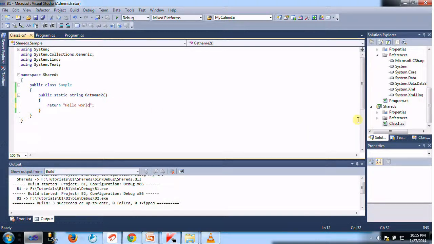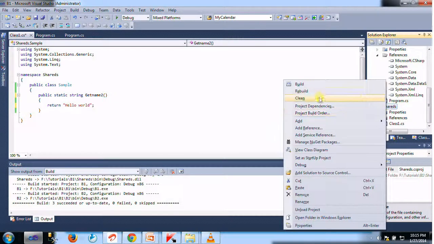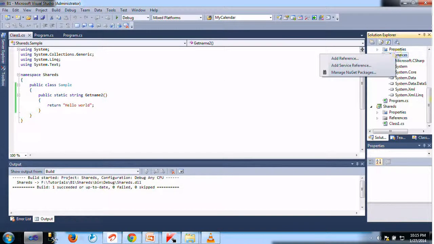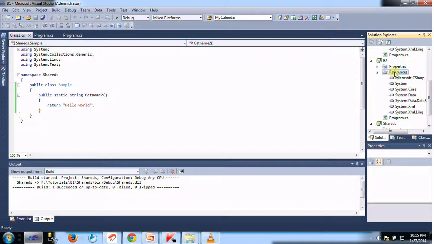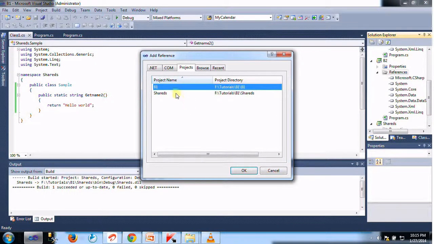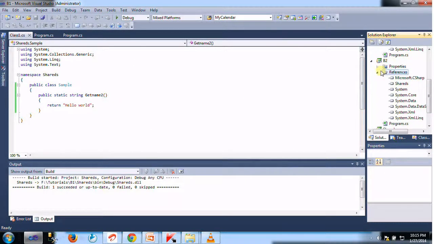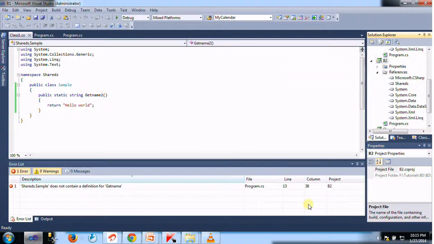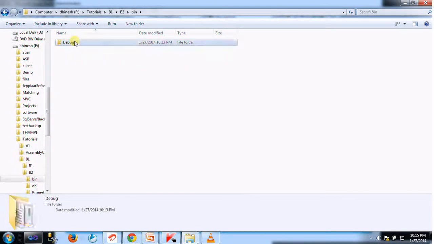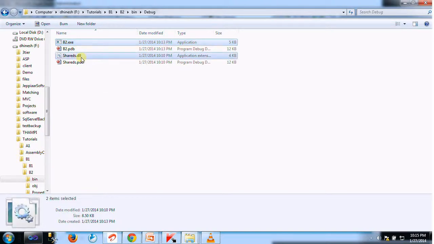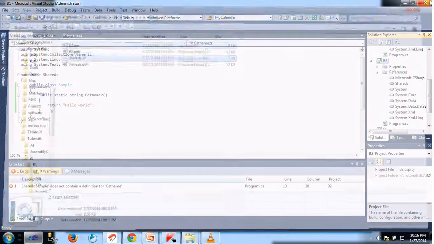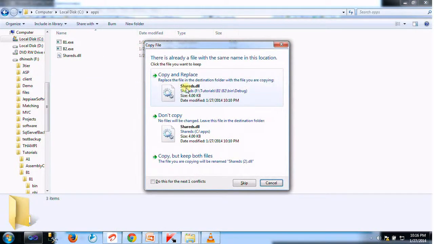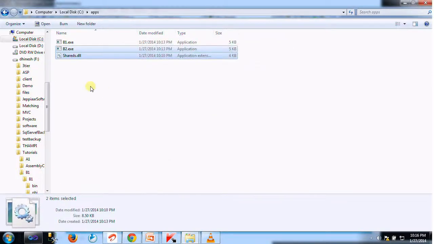I change this assembly and build it. Then in P2, add the reference to the shared assemblies and build. Open folder in Windows Explorer, open the bin directory, and copy the shared DLL and P2.exe again. Close this folder, go into the apps folder and place it again, copy and replace.